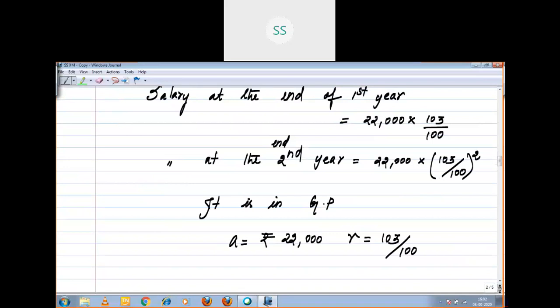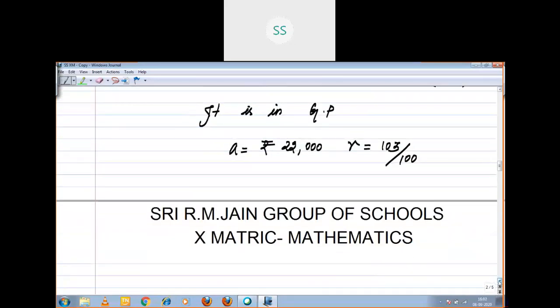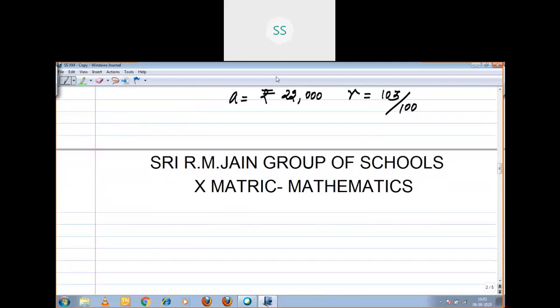Now we are going to find out what is salary at the end of the fourth year, right? That only we want to do, right, children? Say yes or no. Salary at fourth year